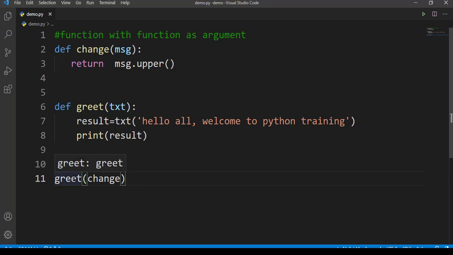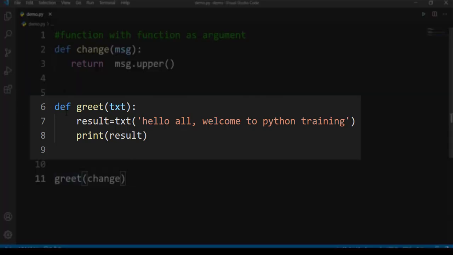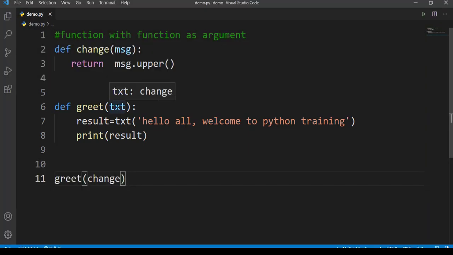Let's understand. Whenever I call this greet function, control moves to line number 6. In line number 6, greet is taking text as an argument. When you hover your cursor here itself you can make out text has now been copied with the change function, because I am passing an argument to greet as change.